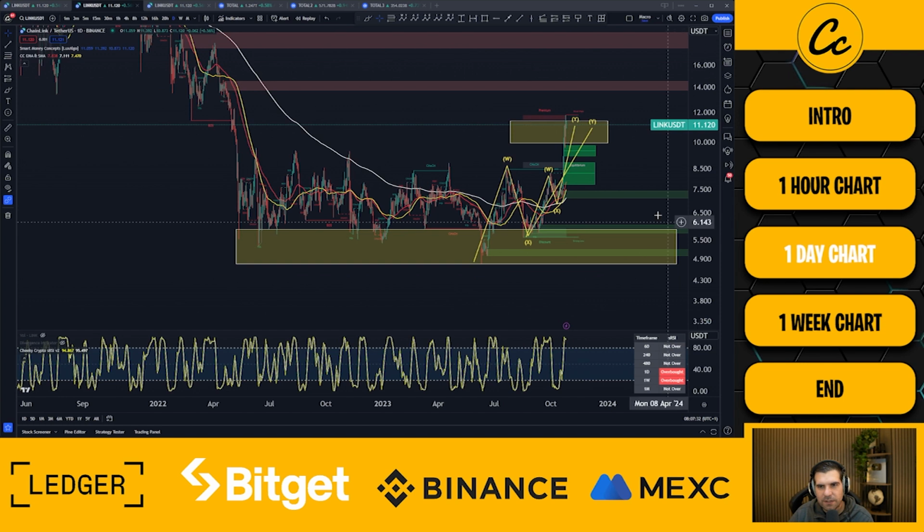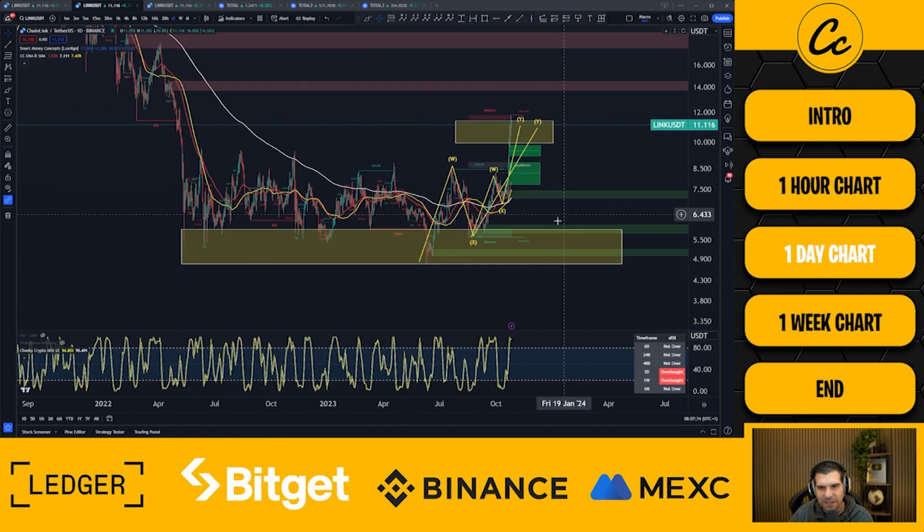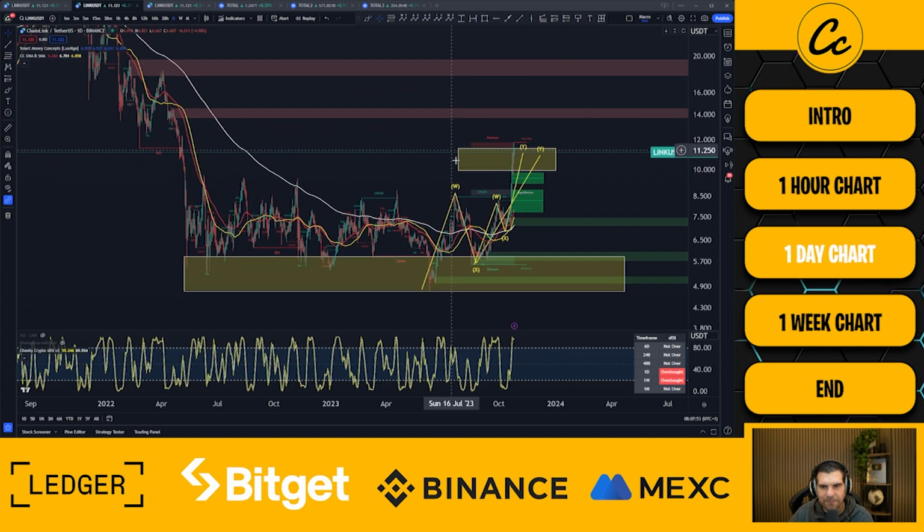But what I'll do is I'll zoom out here and you can kind of see we've been in this ranged market for a very long time for Chainlink, pretty much since May and June of 2022. Around here we've just been ranging sideways, bouncing from the low side to the high side. This most recent surge to the upside is great, but it hasn't really taken us out of the danger zone just yet. Considering how it has moved at the moment is very corrective. Essentially, it does mean that we have the potential to fall right back into the range,